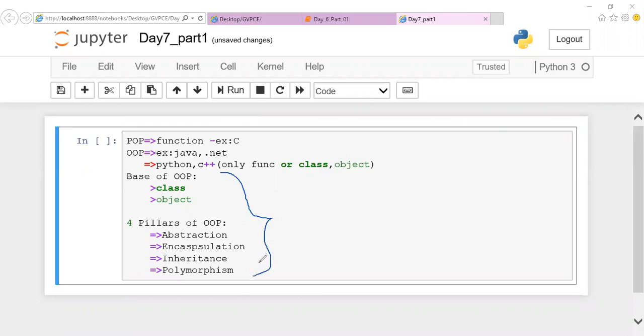The only variation is the way of input output and the keywords. Your concept of OOPS doesn't vary. So if you learn OOPS concept for one programming language, the same thing is going to be implemented for all the programming languages. Only the way of implementation is going to vary. The concept never changes. Okay. Now we'll move on further. We'll see about each and everything.